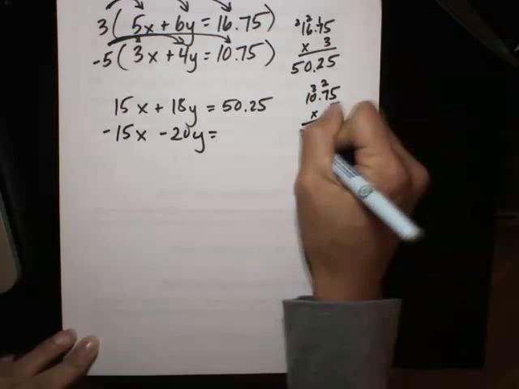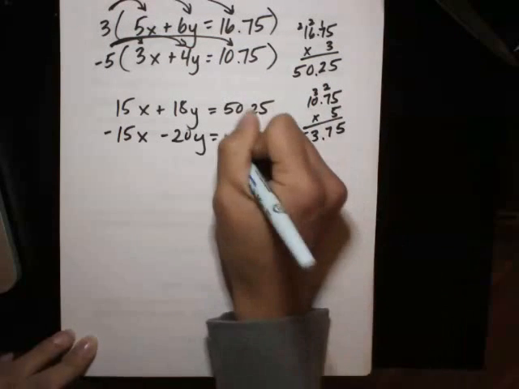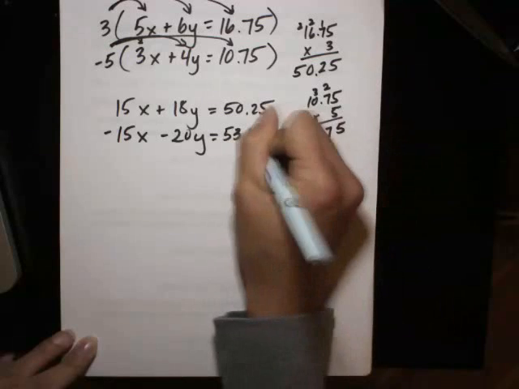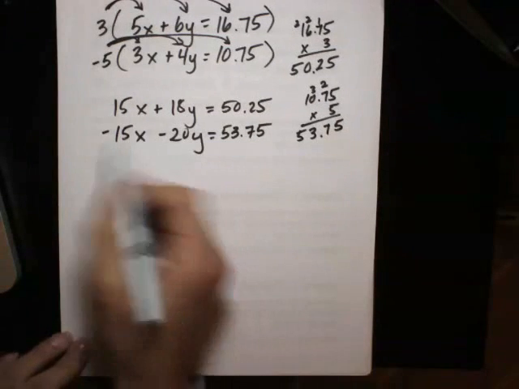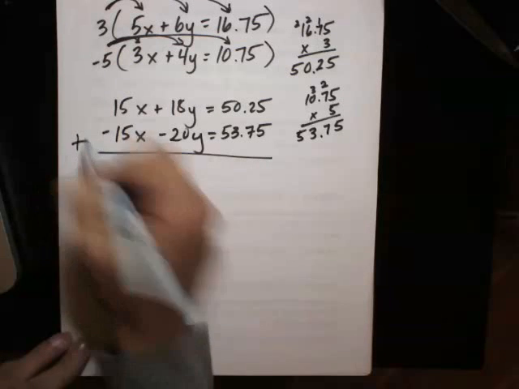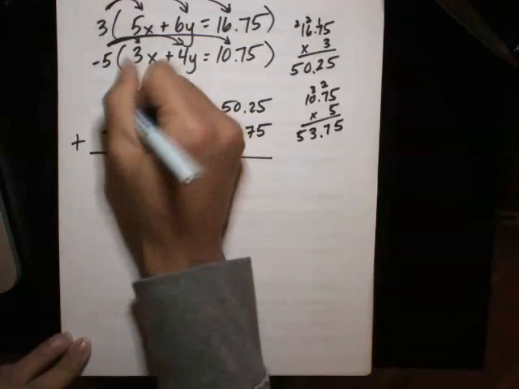The 3, 2 decimal places, so 53.75. Okay, now I have my additive inverses, so I know I can just add the two equations to eliminate